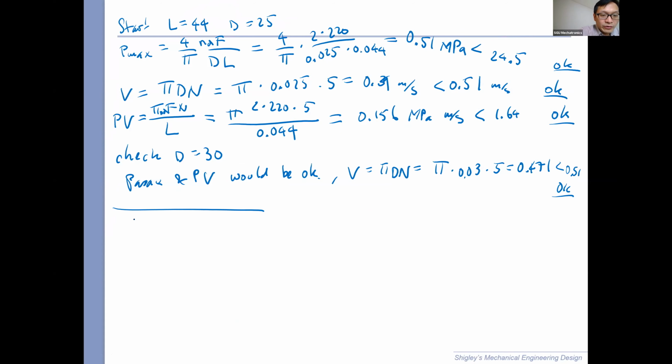So we have to recheck with F1 and F2. F2 is environment dependent. So actually in this case, we're not too worried about that. F2 remains 1 because the working environment is not hot, no foreign matter. But F1